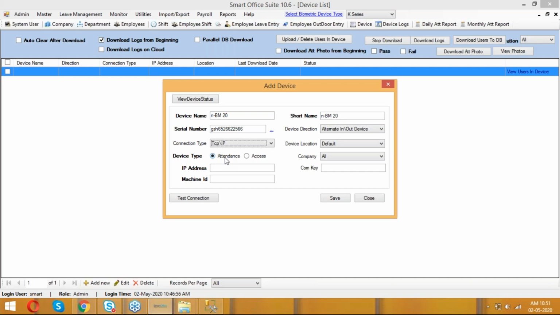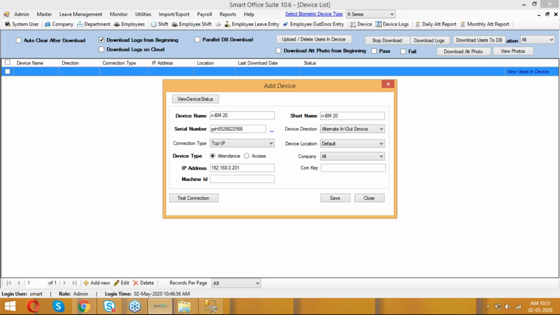And the machine IP address, like 192.168.0.201. Before you connect, use whatever IP address is showing in the machine. Once you connect the LAN cable to the machine, it will fetch the IP address. So go to the device, click menu, and go to network settings.